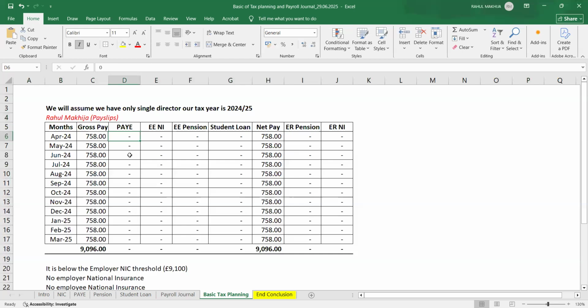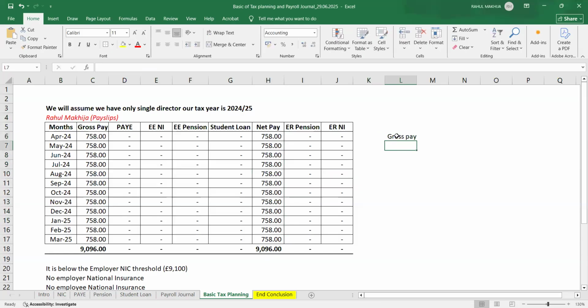Here I'm not paying any PAYE, I'm not in the threshold category for NIC as well, and there is no student loan, employer pension or employer NIC, just a gross pay, which is the same as my net pay. So here my payroll journal will be